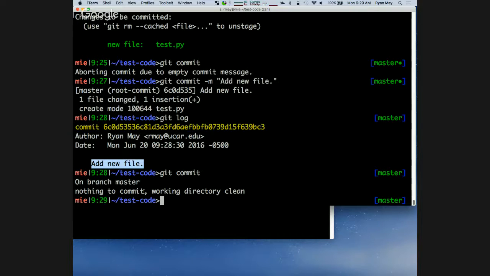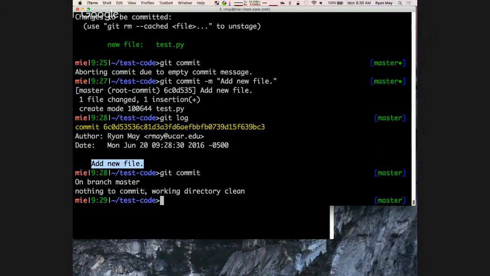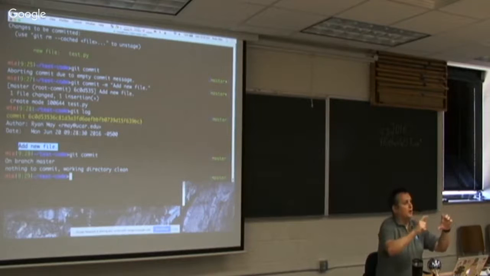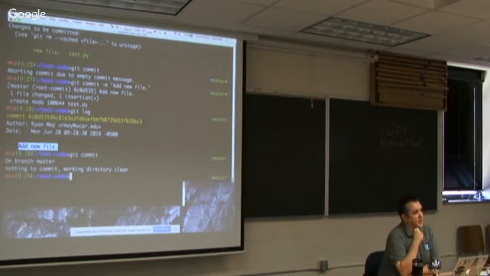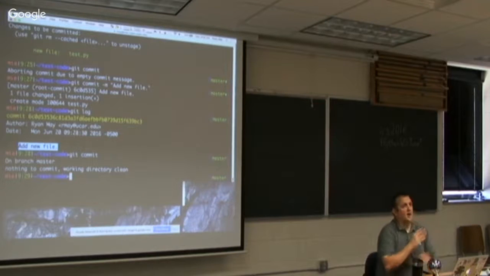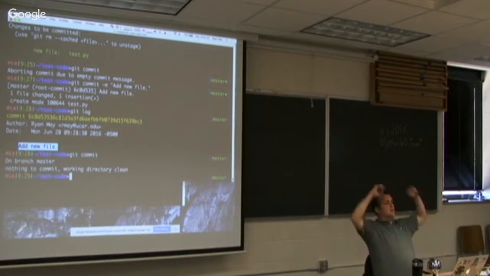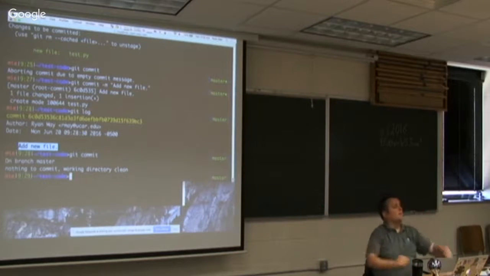There's a general best practice. So what you often do, and Vim actually will color code this if you have it set up, you do a short one line at the top, put an empty line, and then if you want more explanatory text, you put that after that for a big paragraph. So if you really need to go, I tracked down this bug to this point and this point, and that's why we needed this, you can put all that there. But you put a short one-liner at the top in the first line. But generally speaking, Git won't break if you don't do that. It's just a best practice. Works well with GitHub and things like that.